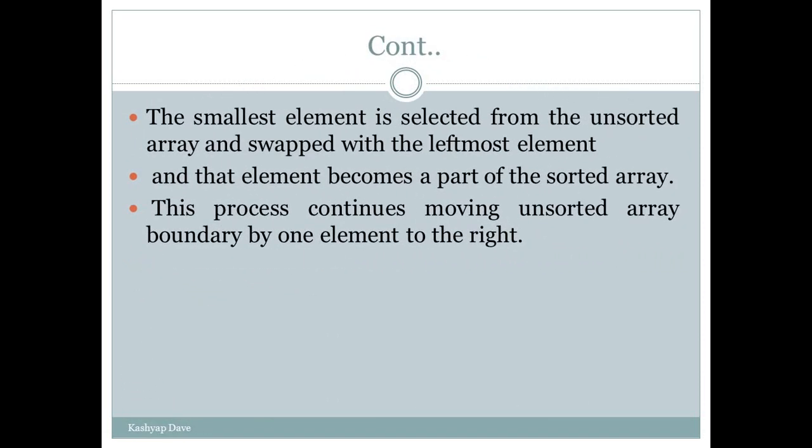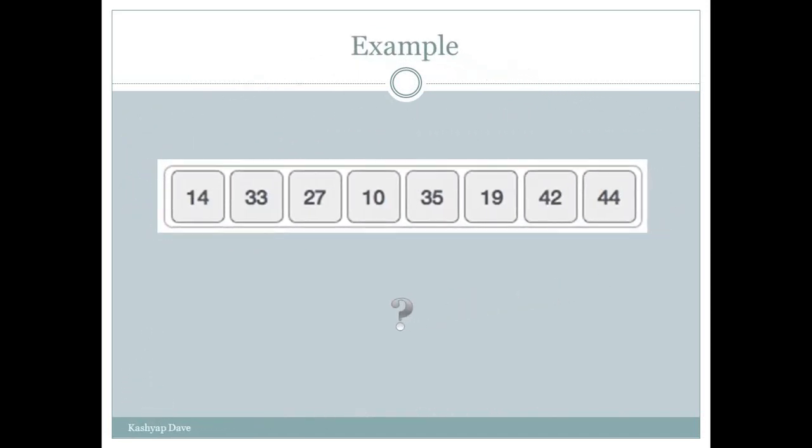The smallest element is selected from the unsorted array and swapped with the leftmost element, and that element becomes a part of the sorted array. This process continues, moving the unsorted array boundary by one element to the right. In short, we will take two parts, one sorted and the second unsorted.